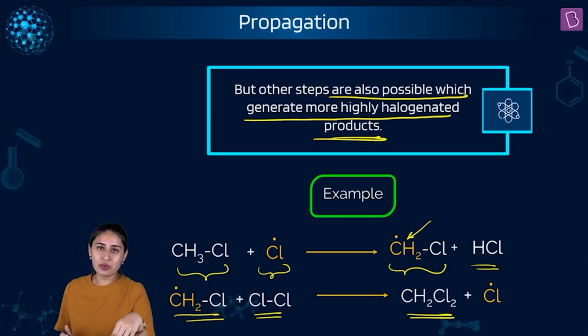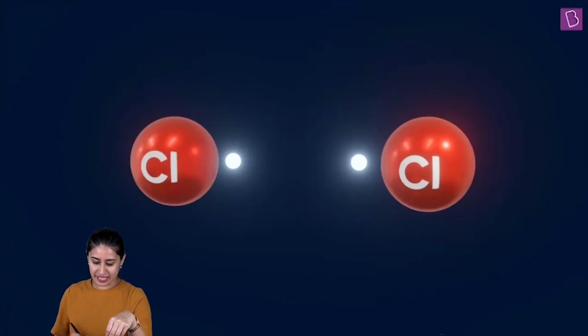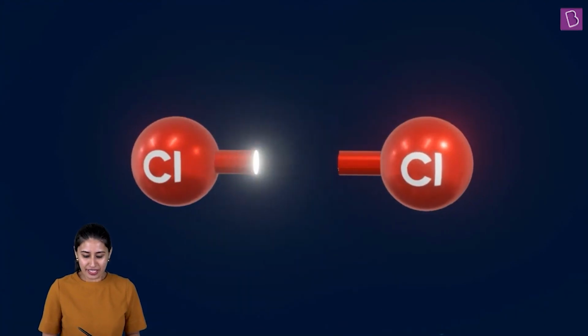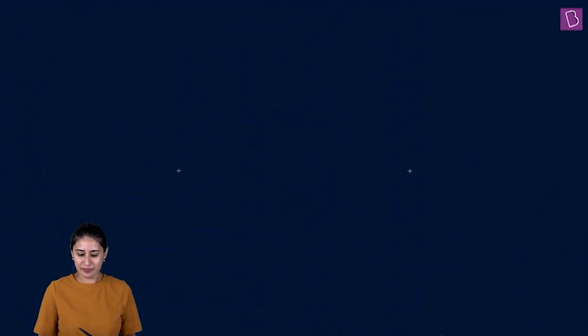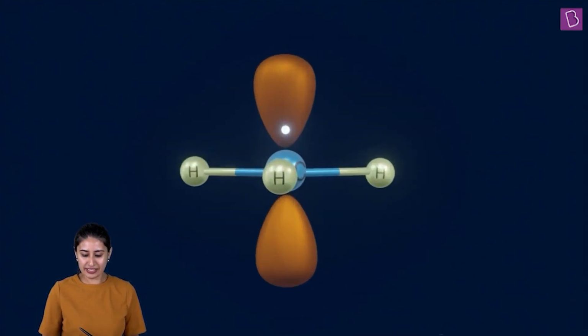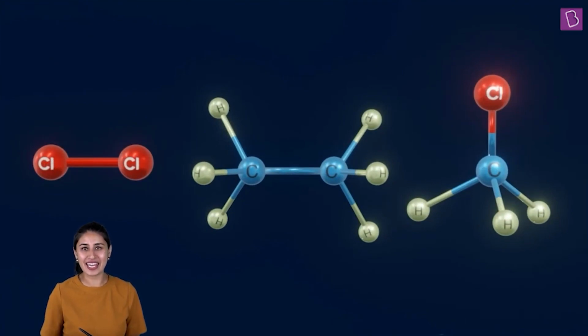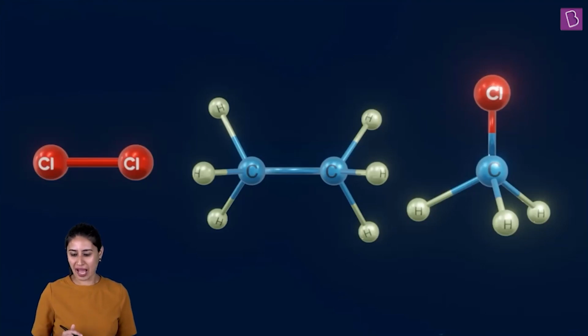Now, of course, to every evil story, there has to be a termination. There has to be an end. So is here. So let's see what is going to happen. Look at the two chlorine free radicals; they combine together. CH3 free radical may combine together to give you ethane. What else? CH3 free radical may combine with chlorine to give you CH3Cl. Right? Look at this. To every story we are giving an end. We are giving a soulmate to every one of them, so that there is a happy ending. Organic believes in a happy ending here.